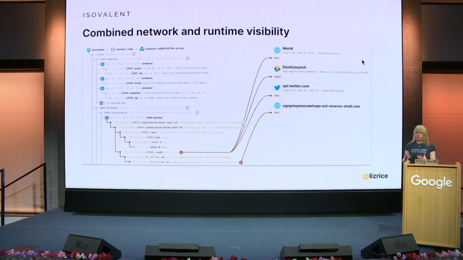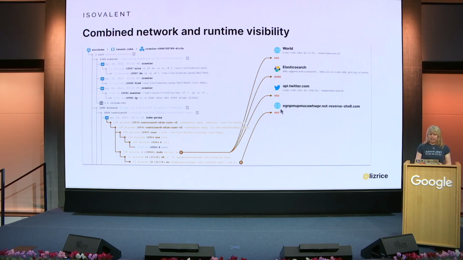Now, imagine if you can combine that with the network information as well. So we've got information about process execution, file access. If we can look at the tree of processes so we can see what processes are running in which different pods. We can see when network access is being triggered. A lot of these network access examples look fine. I mean, well, maybe accessing the Twitter API isn't such a good idea anymore, but